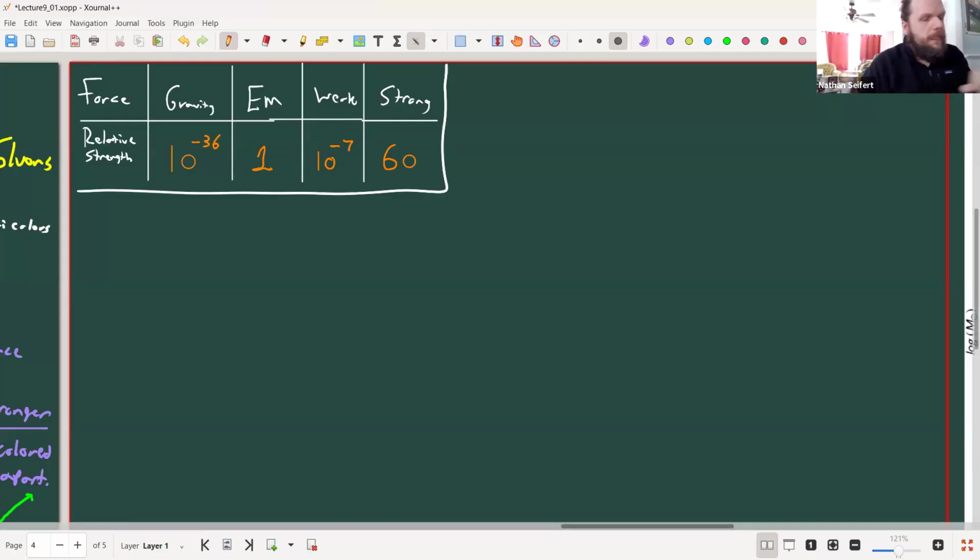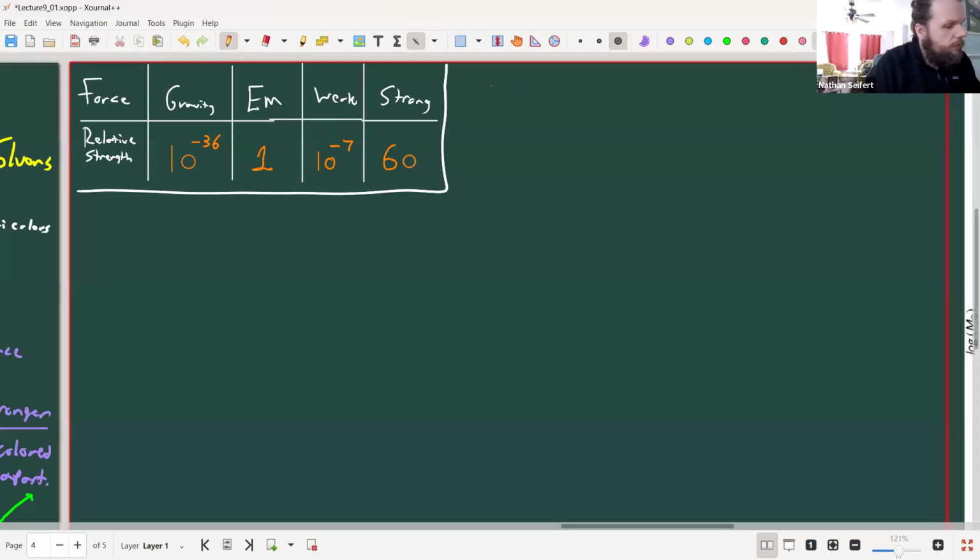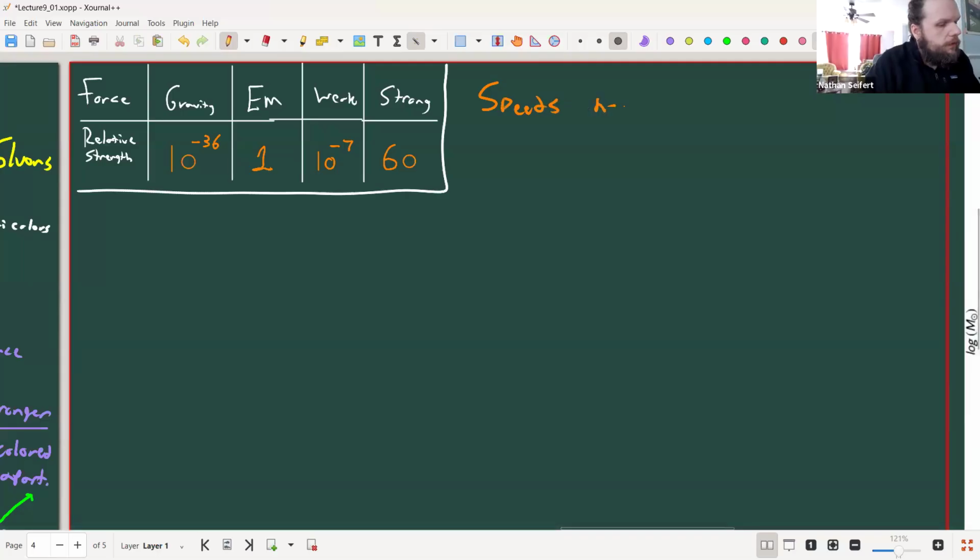Okay, great. All right, so let's talk about how matter is composed. So we have four forces, one of which doesn't matter, and we just ignore it completely. How do the three forces interact? How does matter interact in such a way to give you particles? The best way to think about particles is to remember speeds near the speed of light.